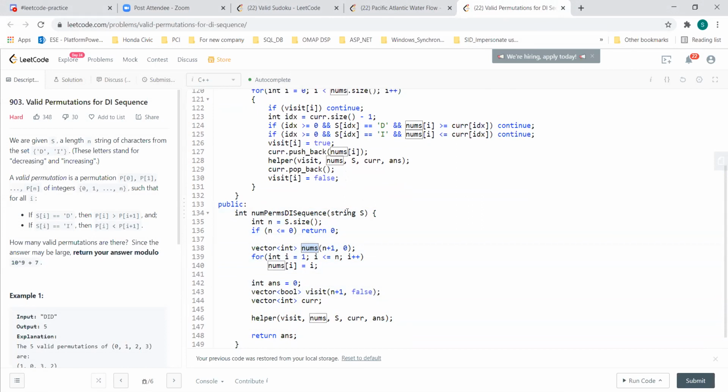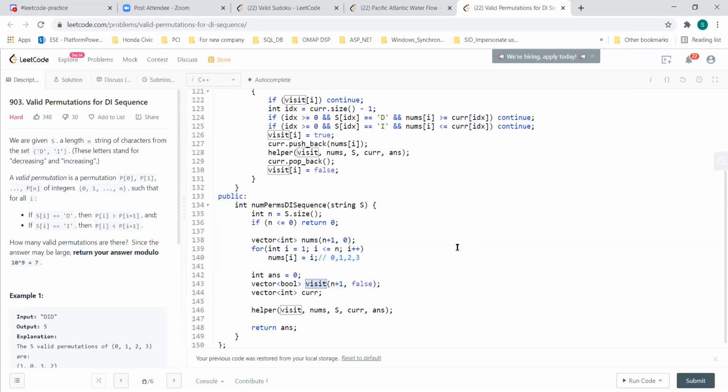We are always giving a nums array, right? So whatever the array, I'm constructing it based on 0, 1, 2, 3. In this case, if my DID was there with size 3, I'm constructing an array of 0, 1, 2, and 3. So I'm just taking this nums array, and also I'm using a visited array. Too much space consumption, but that's fine.